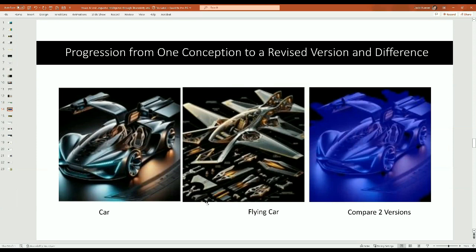I know a lot of architecture studios will do this, where they'll give you, say, a plastic model for a car, and ask you, take those piece parts and make something totally unrelated to the car. So we wanted to test that. So we asked for a car with wing doors, and then we convert that to a flying car, essentially converting the wing doors to true wings. And then we ask it to do the difference between those two images.